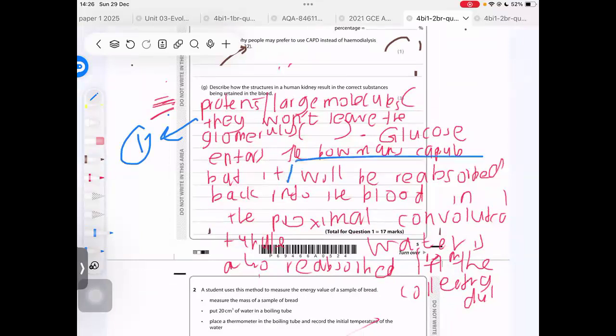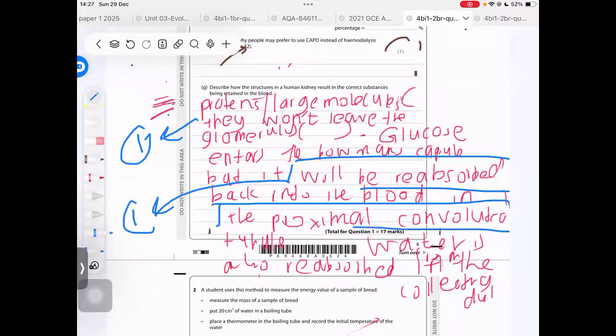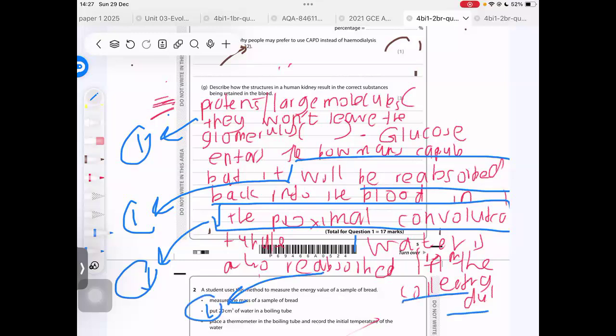But if you write it will be reabsorbed back into the blood, you get 1 point. And if you write the location where it is being reabsorbed, you get another point. And if you have mentioned what is also getting reabsorbed by the collecting duct, you get 1 point. So if you have written any three out of these 4 points, you will be awarded